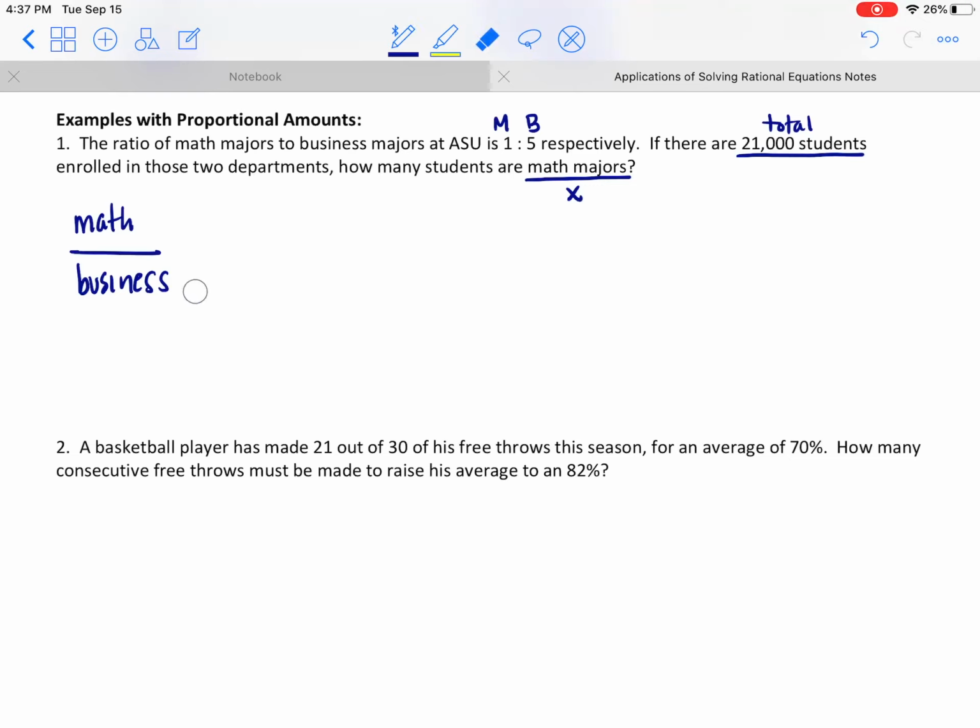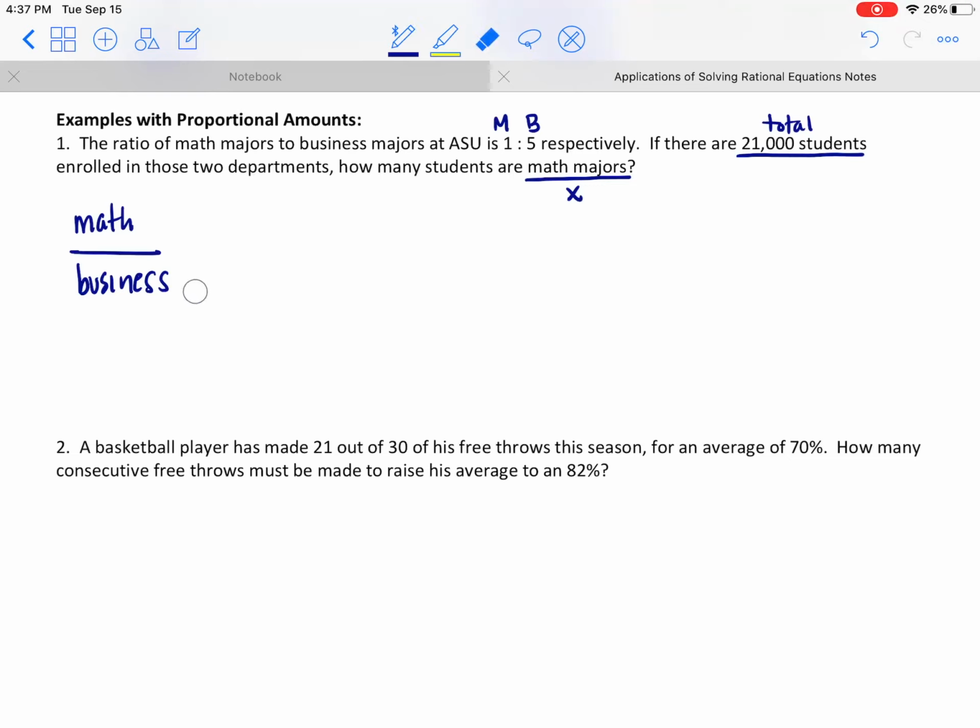So remember, ratio is another word for fraction, even though it's written with a colon there. 1:5 like that, or 1:5 as a fraction would be totally fine. And that is going to equal a second fraction, which comes from the next piece. So math majors to business majors is 1:5 if we reduced it down. Now if it's not reduced, the number of math majors we're looking for in the total is going to be x, and the number of business majors in the total is going to be, what do we put here is